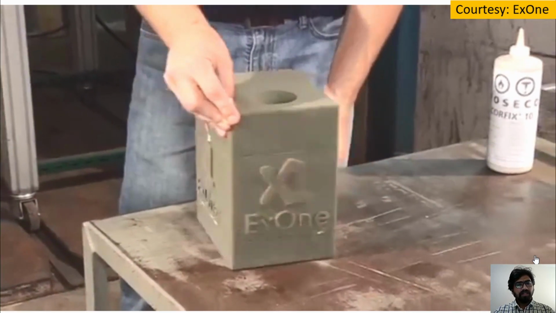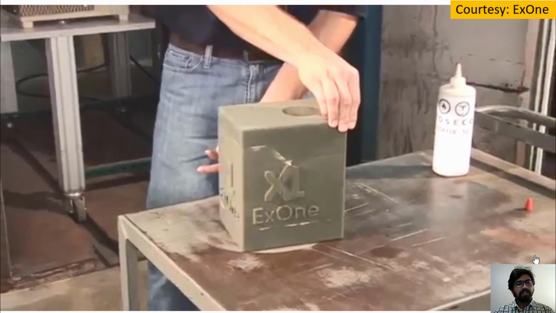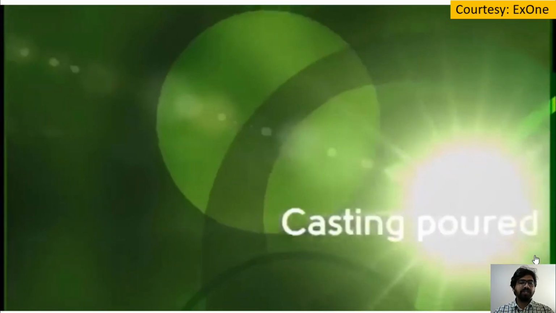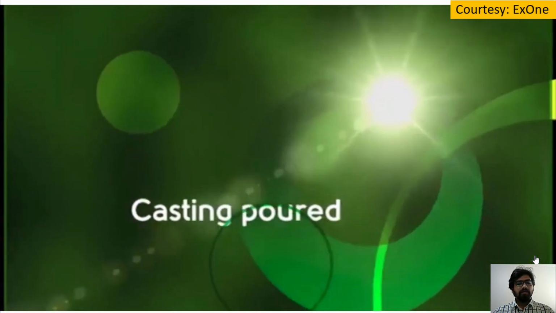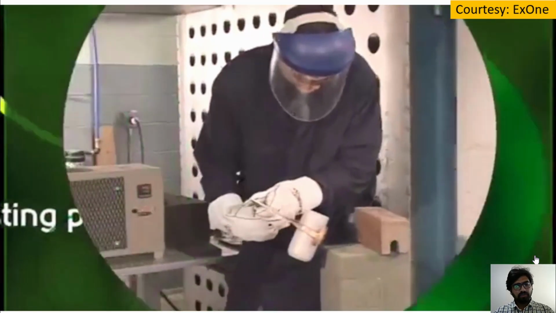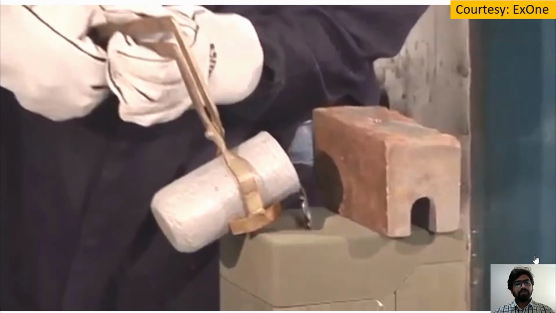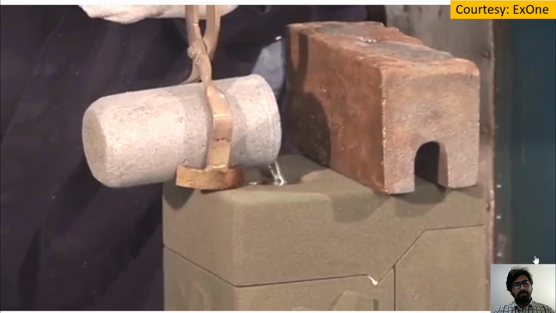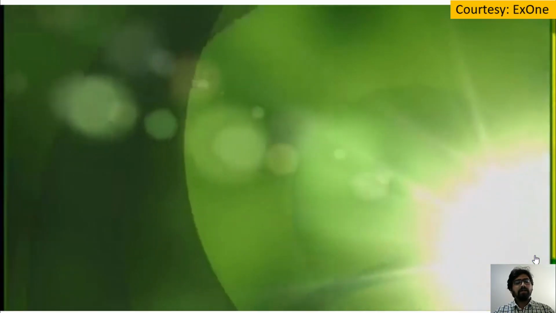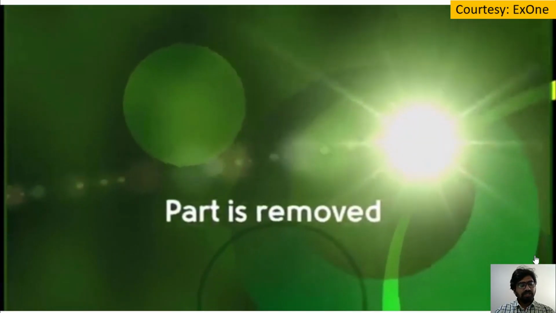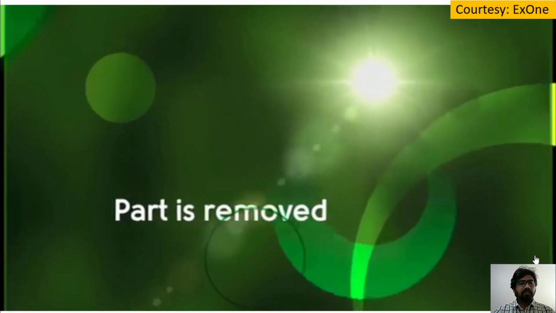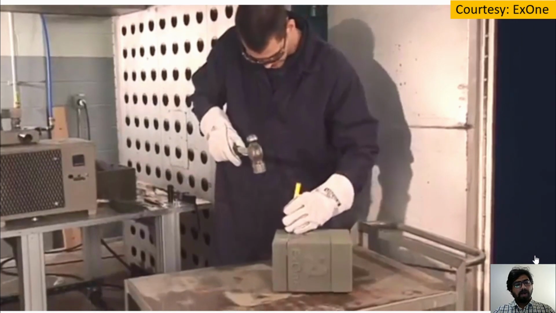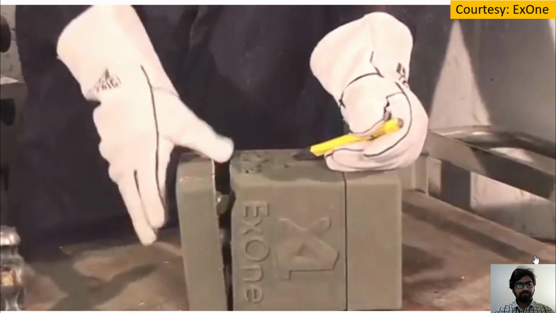Now this mold is ready, and one can pour the molten material into it, and the molten material will fill the cavity and take the shape of it. Then the conventional casting process will take place. Here you can see the molten aluminum is poured into the cavity, and the molten material has taken its shape. Later on, one can break this mold and take out the part which is casted here.